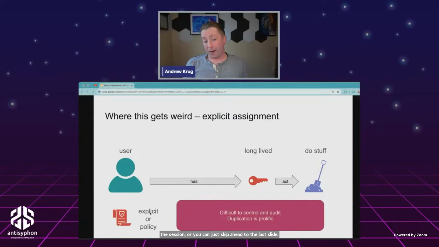So where this gets weird, right, is when we start to have explicit assignment, which is considered not a best practice. And depending on the cloud, you can actually grant access to a user instead of having a user go through putting on that role. And so this is usually where we get more access granted to an individual, a single user with a very long-lived credential that they shouldn't always have. So by using roles, we actually force people to operate inside of the context of job functions instead of always having the superset of permissions that they need in order to do their job.